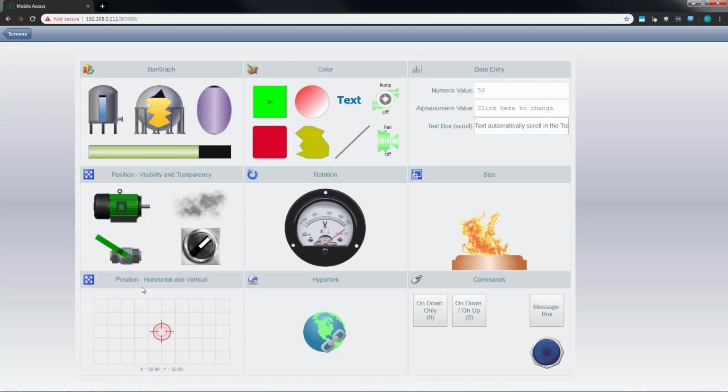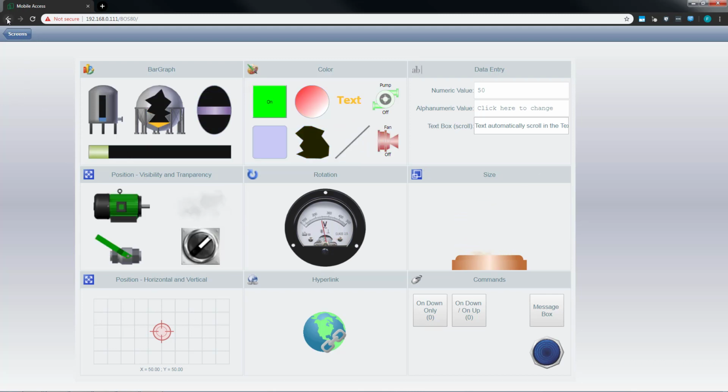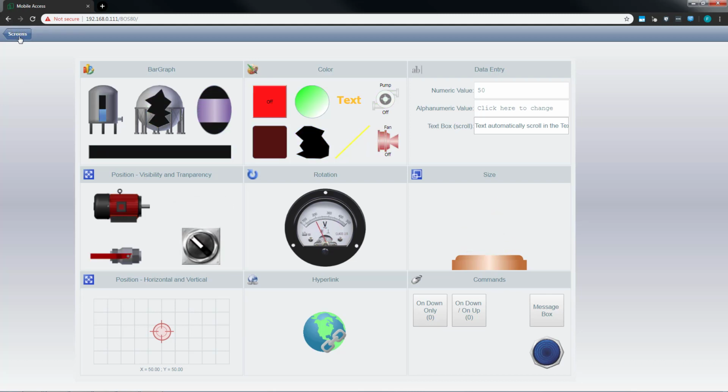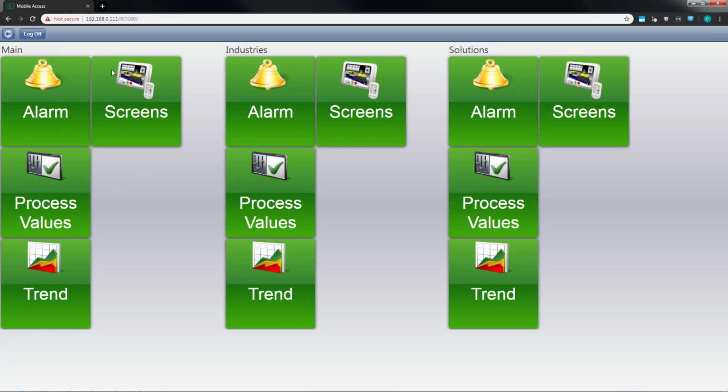Now, to navigate out of this, we do not want to click the back arrow on our browser. We want to click on the back arrow right below it that says screens. If we click on the back arrow here, it'll actually kick us out of this URL. So if I keep clicking back here, I'll come back to the main list here, and then under industries, I'll